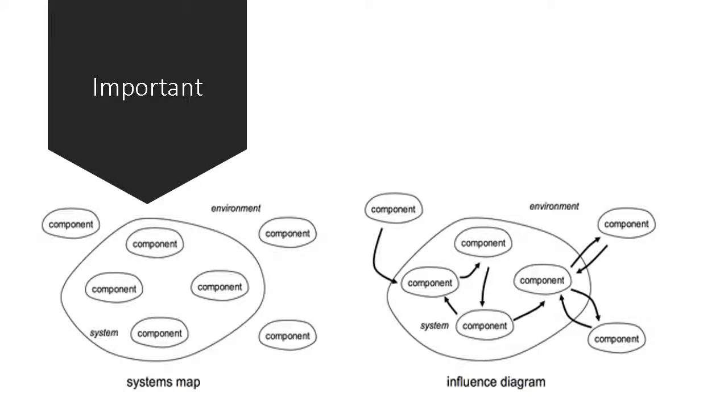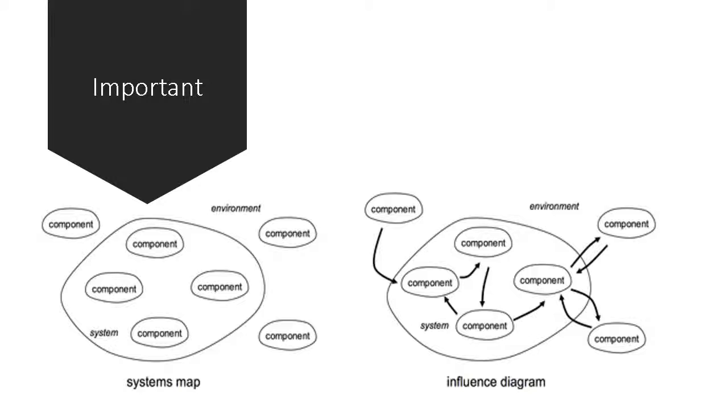So maybe that boundary could be your group, and each component would be a member of the group. Or that boundary can refer to the microsystem of the specific clinic you're working at. And so one component would be the group, one component would be the staff, one component would be other clients, and another component could be you. So it just depends where you draw the boundaries for you to understand which are the components inside and outside